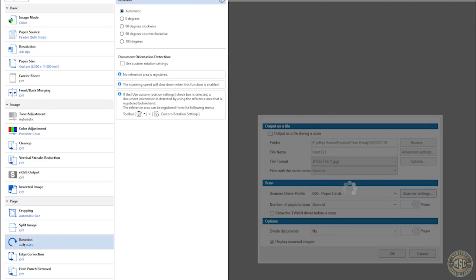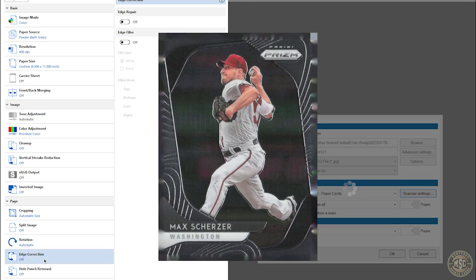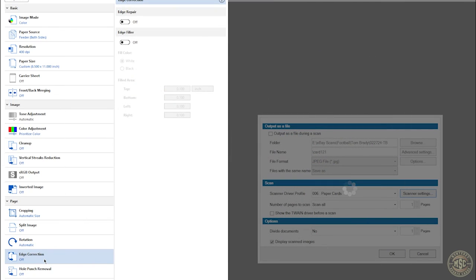Another thing to be mindful of is making sure rotation is set to automatic. One setting that is absolutely crucial and must be turned off is edge correction. So edge correction, if you have scanned with it on, or you have noticed some of your cards coming out with a blur around them and not seeing a margin set, even though you set one, and you're not sure what's happening and you're thinking there might be an issue with the glass or the scanner or whatever it might be,